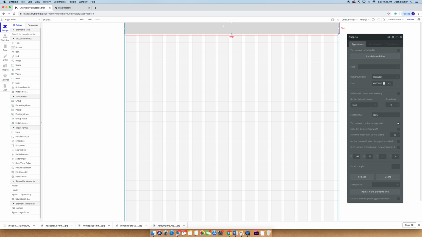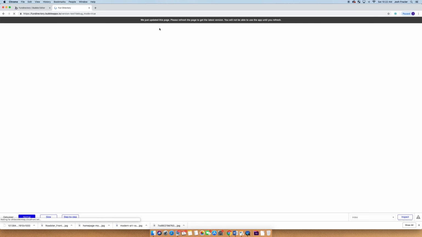And there we go. So we've got this shape here, and I'm going to rename it. And that's a best practice you want to definitely follow. So if you come in here and say, what is this? I actually do like to keep the word shape, and I'll say header bar. And again, I apologize for the clicks. So we've got the shape header bar here, and if I go to preview right now, it's going to refresh,